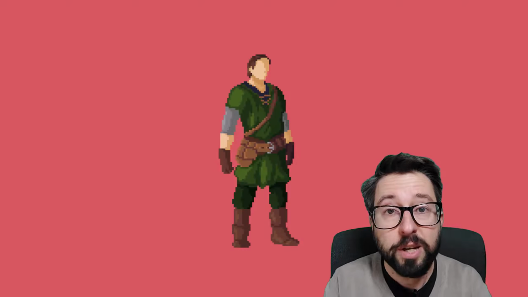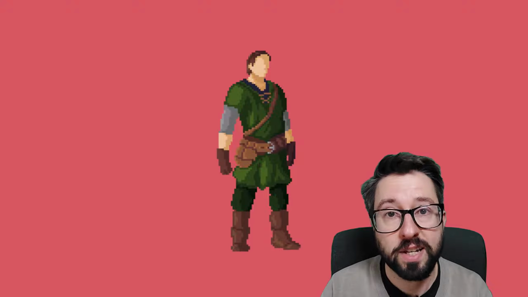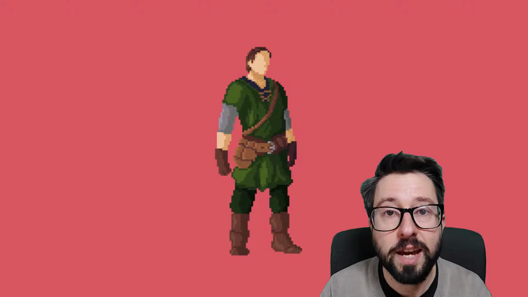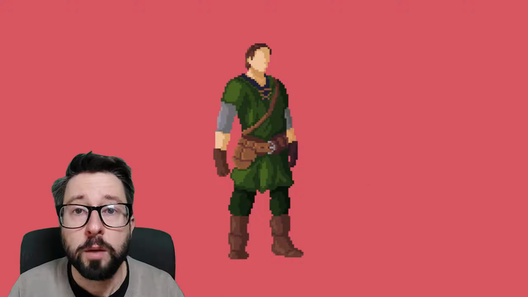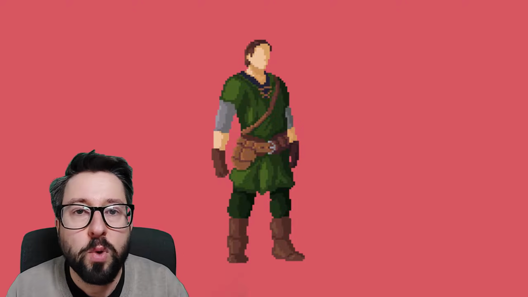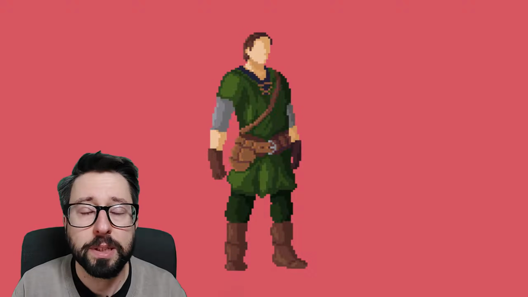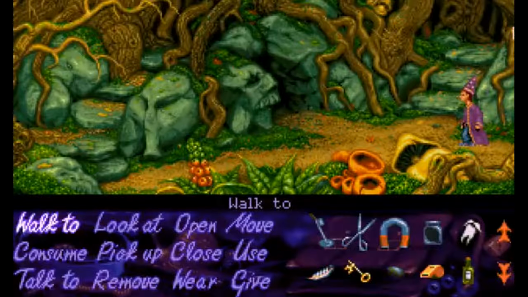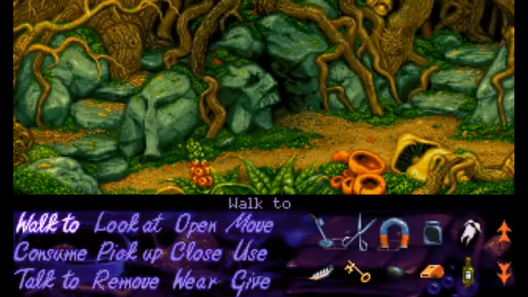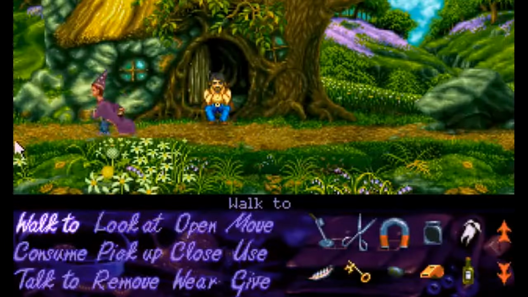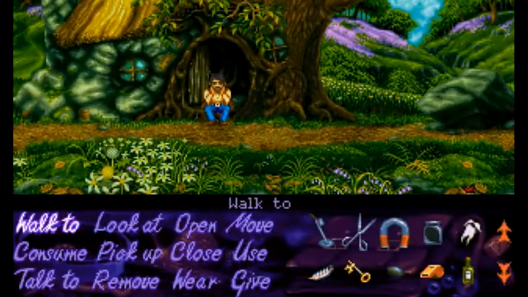So I thought, let's bring this guy to life and create a walk cycle animation that is typical for these kind of point and click adventure games. Which means no overly dynamic run animation that you would need for a, let's say, 2D platformer game, but more a relaxed walk that is hopefully pleasant to look at for a longer period of time while you explore the game world, solve some puzzles and have nice conversations with the other characters in your game.